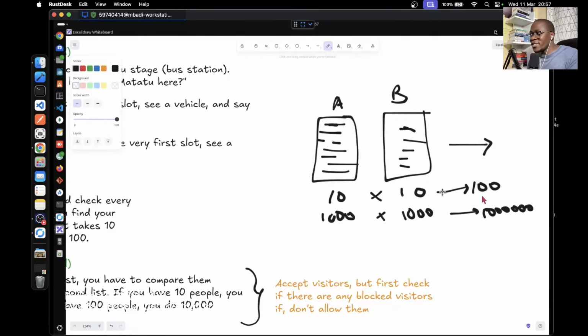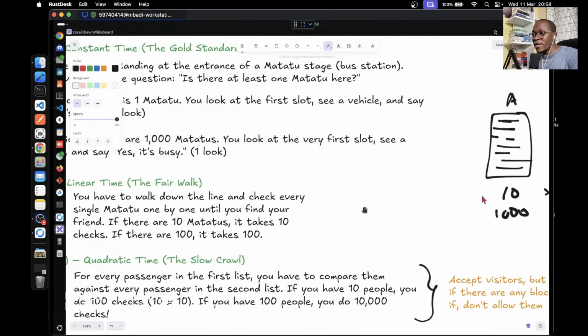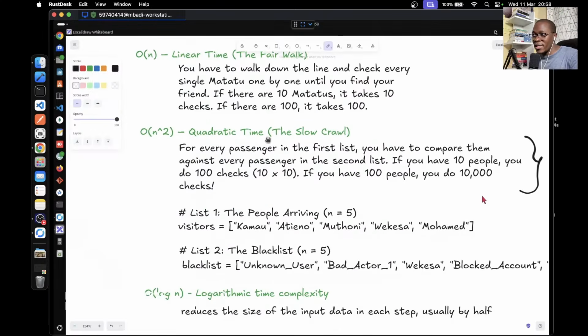If you've noticed here, the time and the data do not go up linearly in a fixed, predictable way. The time doubles the moment the data you put into the system doubles. So if you give this person a longer list, the time will even quadruple, because it will take them way longer to go through the two entire lists. And that is why we call this quadratic time.